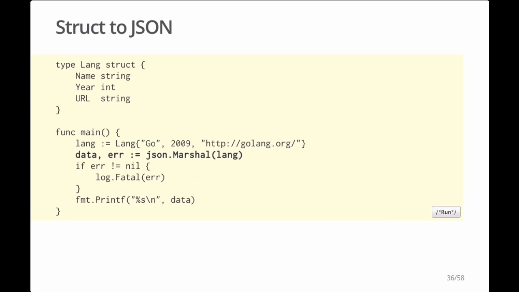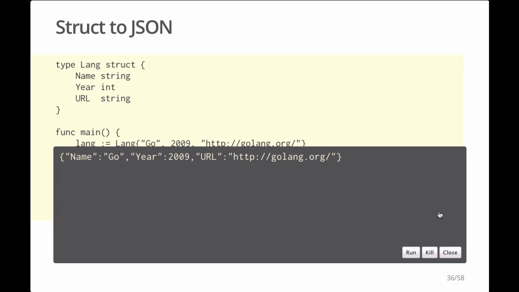But here's another example, the same program, but I've replaced fmt.Printf with the JSON package's json.Marshal function. And json.Marshal is essentially printf, but it prints JSON notation. And so here the JSON package uses the same reflection capabilities to print a valid JSON encoding of the data. And notice that we didn't have to write any special code for the lang type or hand the lang type to any kind of preprocessor or other tool. The JSON package just gets a value of type lang and turns it into sensible JSON.